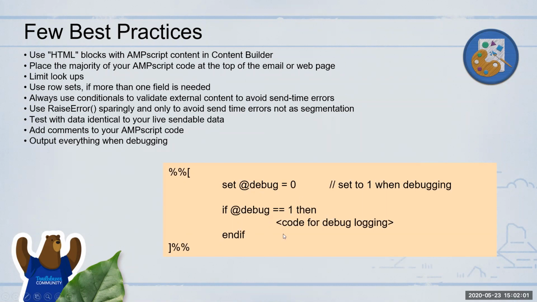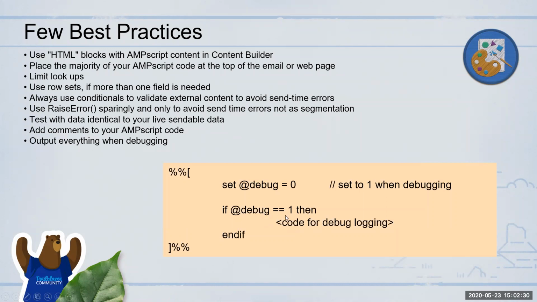And here is one tip that I got from Adam, one of the AMPscript gurus. He used to say, you can set a variable, debug equal to 0, at the top of your AMPscript. Then somewhere in your code, wherever you want to output any values for debugging, you put in an if condition: if debug equals 1, then you do the output for those variables that you're trying to set at that particular area. Okay, so at multiple places in your AMPscript, you can keep doing this.